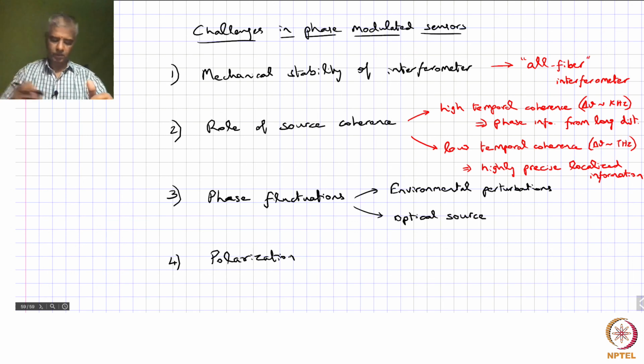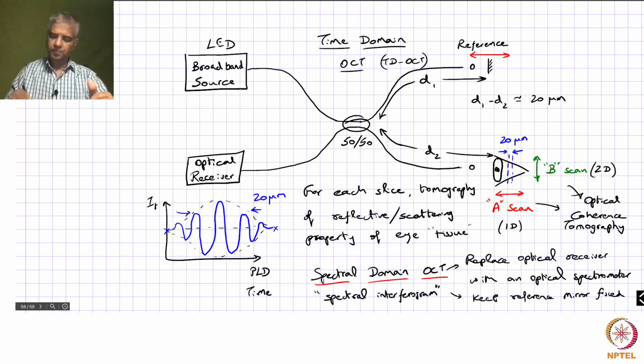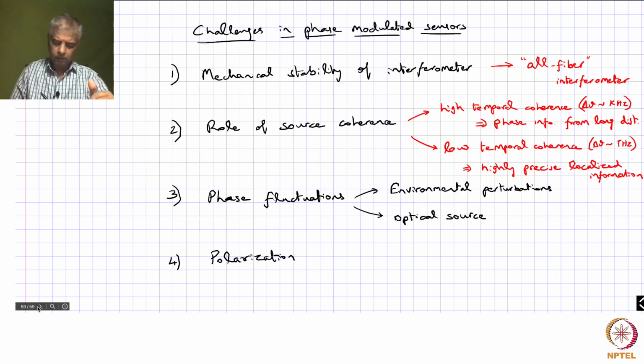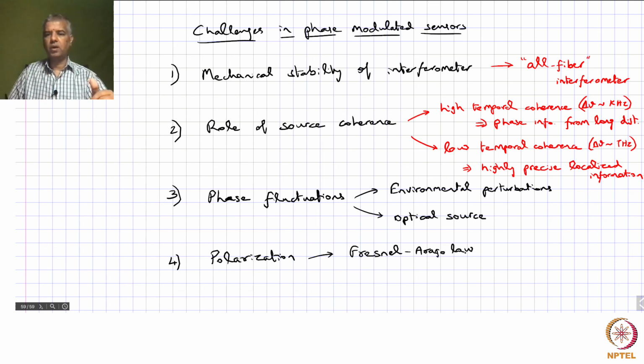Okay, so what we are essentially looking at when we are doing this interference, we are assuming that both the light sources from these two arms are coming at the same polarization. Because when you talk about polarization, what's important is what is called the Fresnel-Arago law, which says that